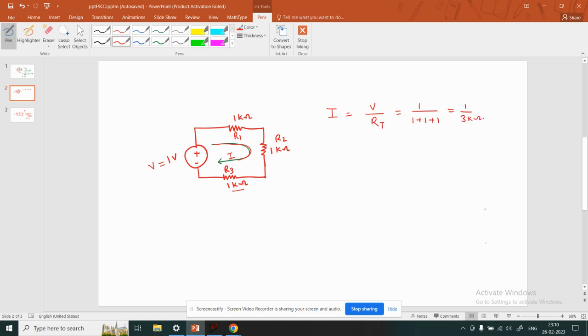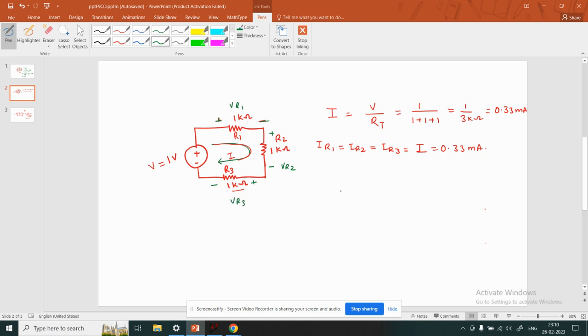So 1 over 3 kilo ohm, and the current would be 0.33 milliampere. Now the same current flows through all of these resistors. Therefore we'll say that IR1 equals IR2 equals IR3 equals I, which is 0.33 milliampere. If you want to calculate the voltage drop across each of these resistors, let's say the voltage drop across R1 is VR1, the voltage drop across R2 will be VR2, and the voltage drop across